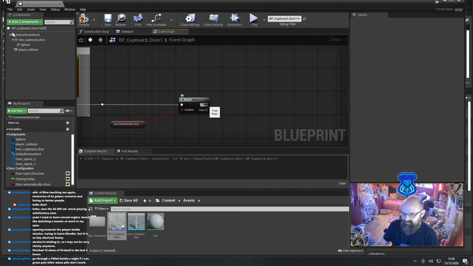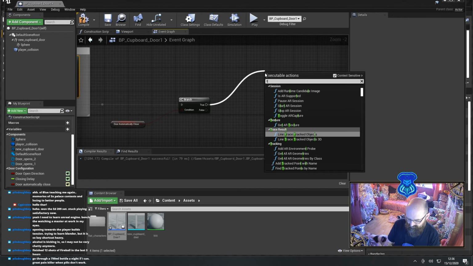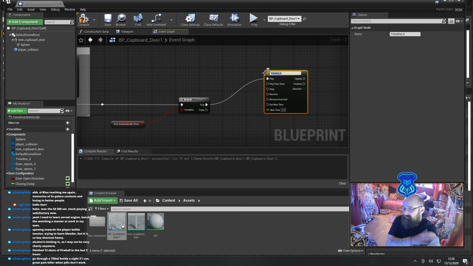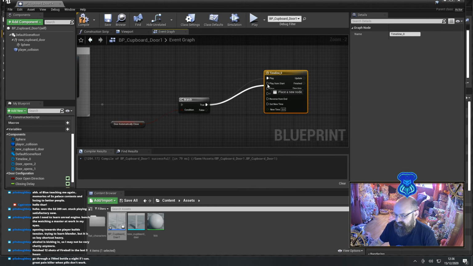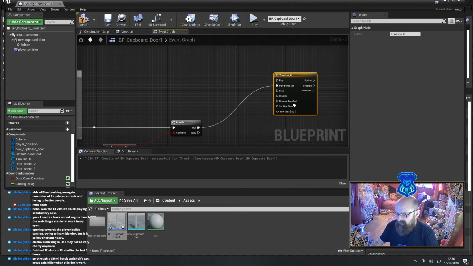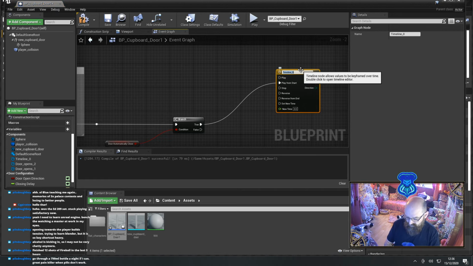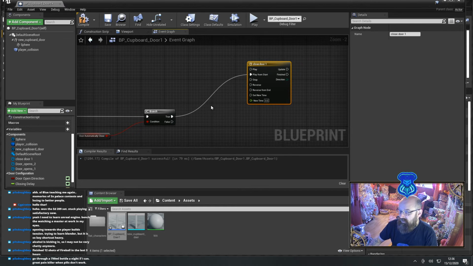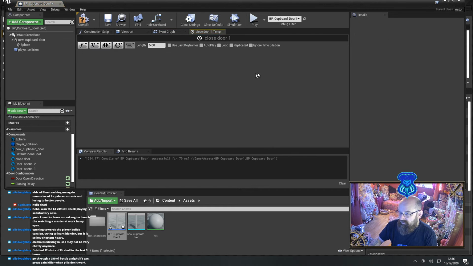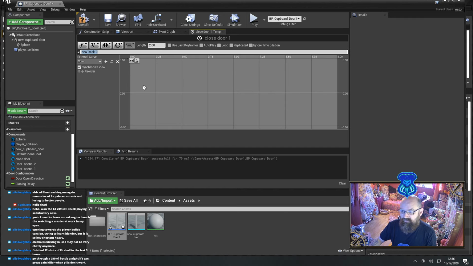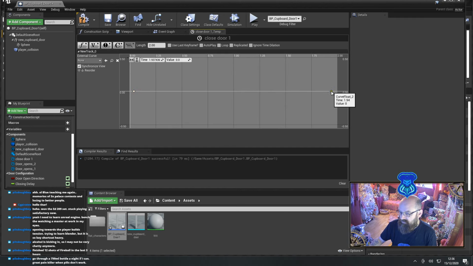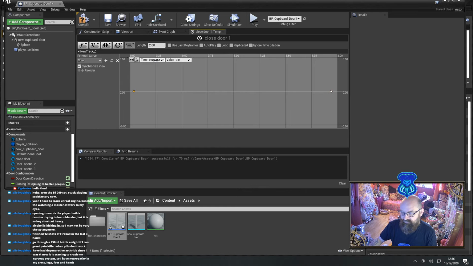So, door automatically closes, timeline. And in our timeline we're going to play from start again. And our timeline is going to be closed door 1. Okay, and if I double click on that, make it a 2-second float track, and doop, doop. So what we're doing now is we're coming into a value of,